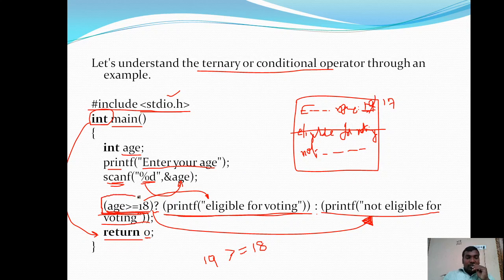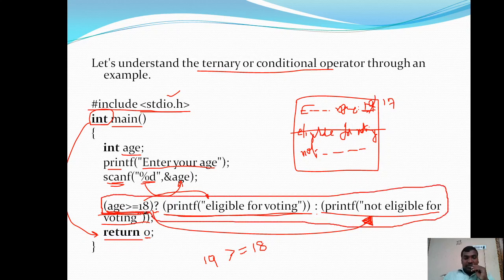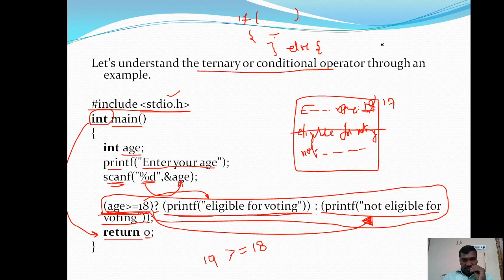Here, what you need to understand is that we already have some knowledge of if else statements, right? So what is happening in if? The condition is checked, and a true block with some statement will be there, then after else a false block will be there. Here also, expression 1 is the condition checking.